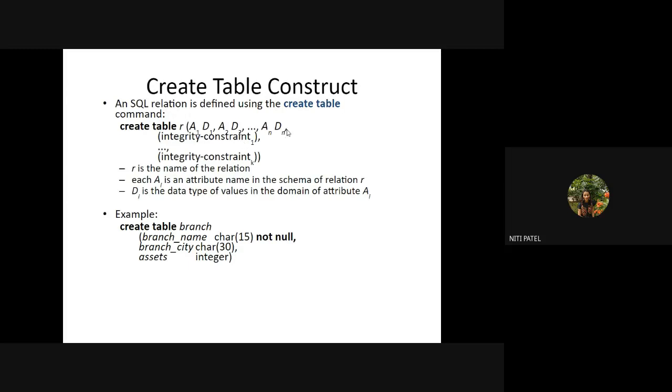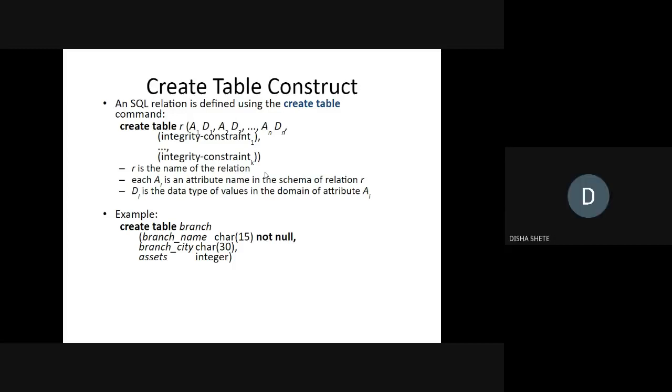Because what does a comma mean? That you want to add something more. Since that is the last column and I do not want to add anything, I will not put this comma. I will simply close the round bracket and end it with a semicolon. So you close the round bracket and put a semicolon at the end. What does a semicolon indicate? That the creation of a table command is completed. Have you understood this?